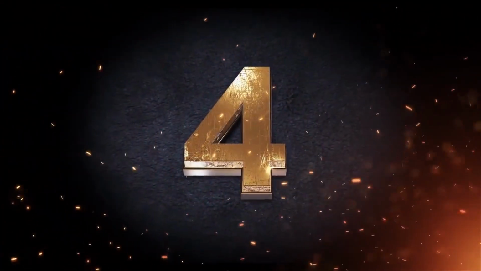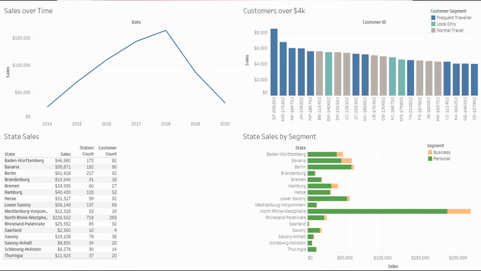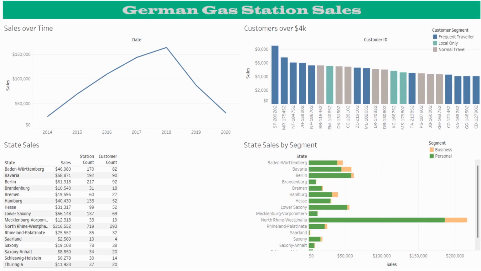Number 4, and this might be controversial, I like to have a big header on the top of all my dashboards so that the user understands what they're looking at and kind of serves as a focal point for the rest of the dashboard. And then 5,